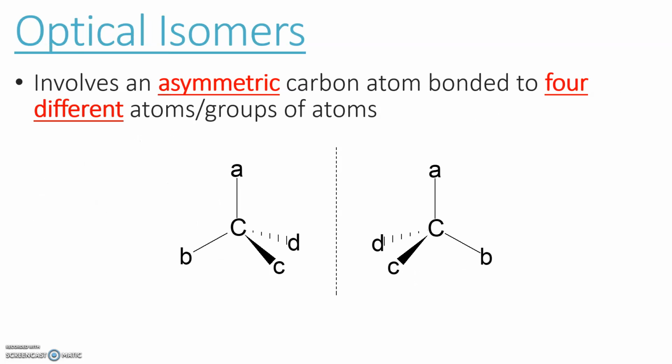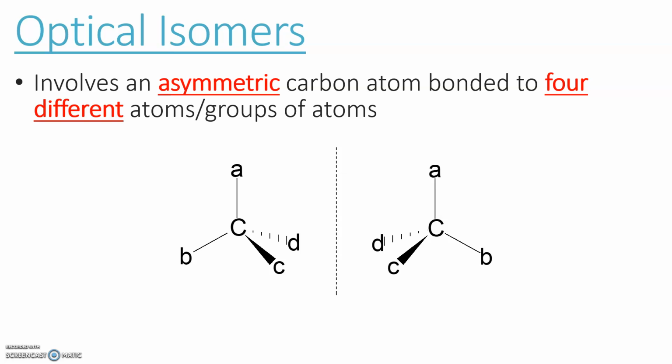Alright, let's skip through that. Optical isomers, where we have a mirror image. They are a mirror image of each other. Think of it like your left hand and your right hand. They look almost the same, but you can't take one of your hands and rotate it to get the other hand. You can only get one hand by flipping the other hand in its mirror image,